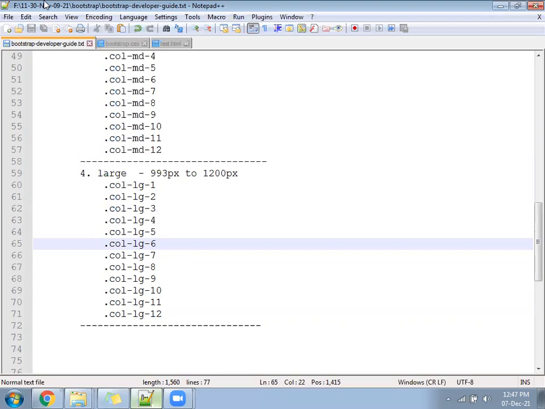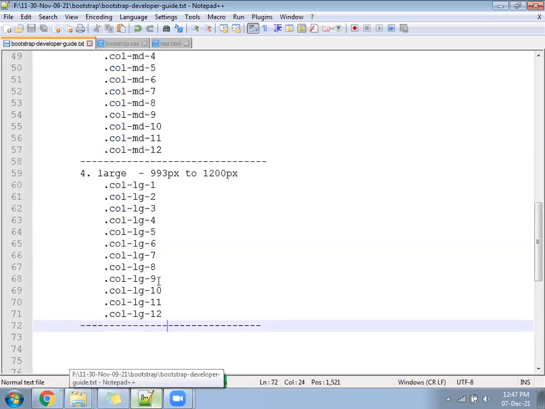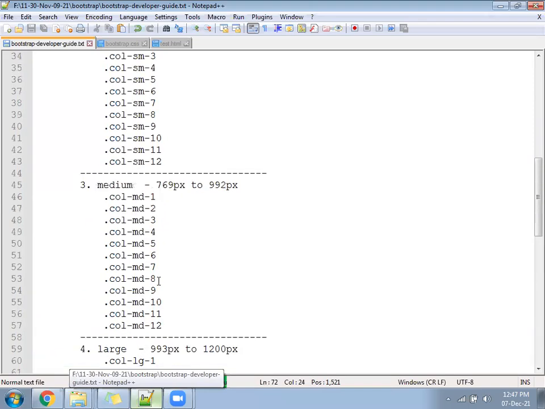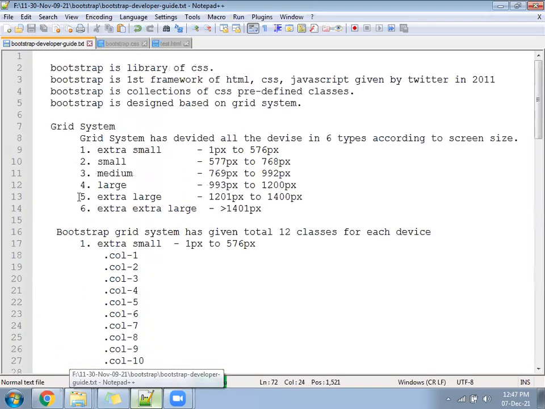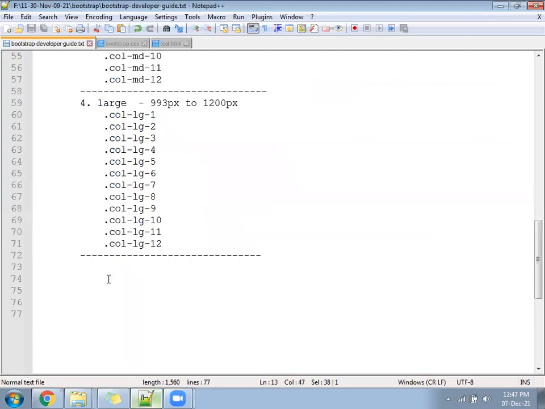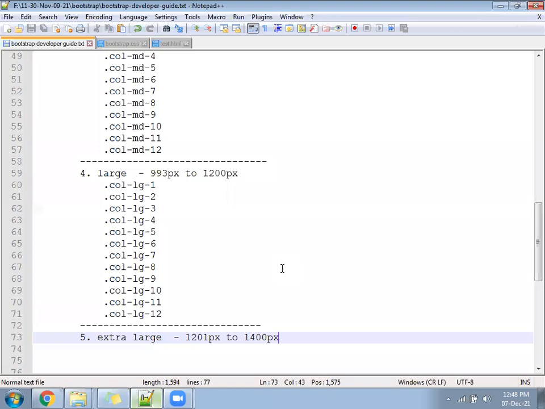Clear? Go ahead. So col-lg also we follow. Next we have col-xl, extra large. Instead of the lg class, you can follow xl: col-xl. Click here, please write it. Once you're done, let me know. Then I'll move on from lg onwards.